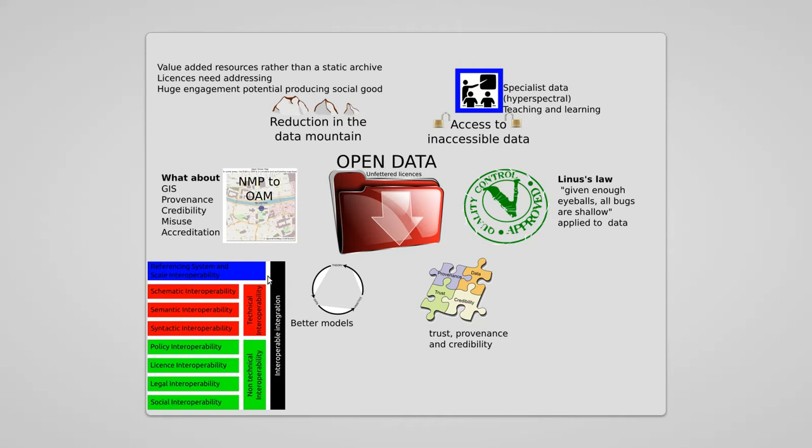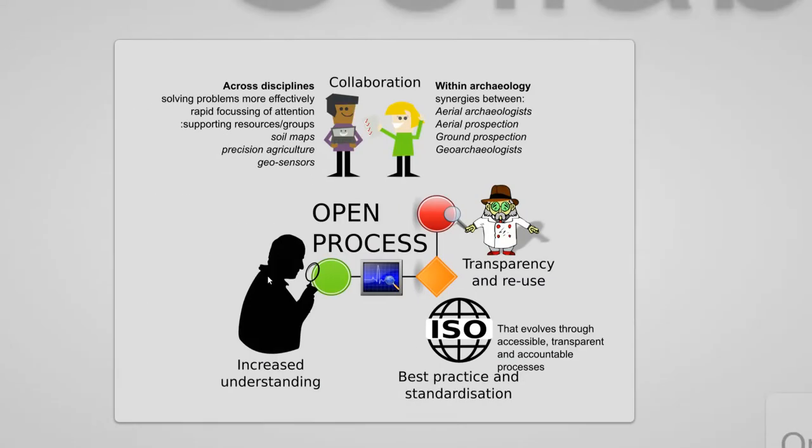Also in respect of workflows, people can peer review your data and your processes at process time. And so you have lots of eyes looking at your assumptions and your approaches and saying, actually, that's right or that's wrong. It also allows us to look at trust and provenance and credibility. And so we can look at not just how good a researcher is because of their publication output, we can have a look at their impact as a data scientist. And I think that will become particularly important, and I'll talk about that more later on. And over time we should actually be able to have better models and produce better impact.